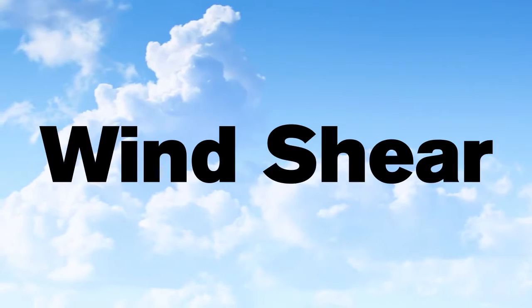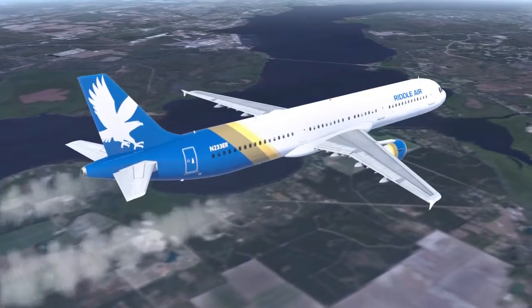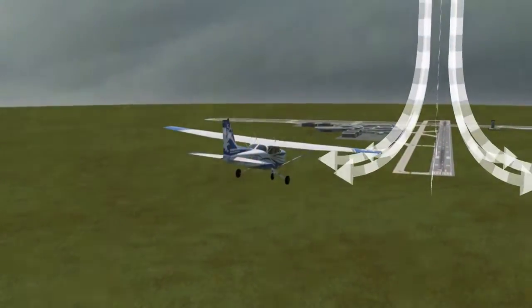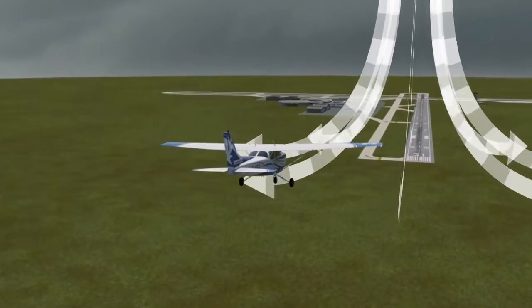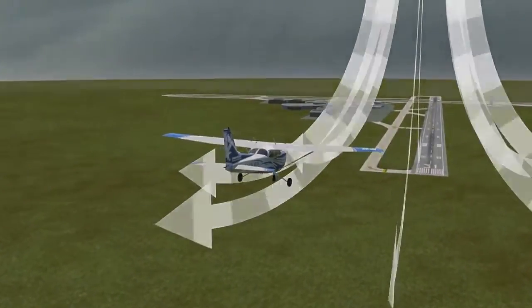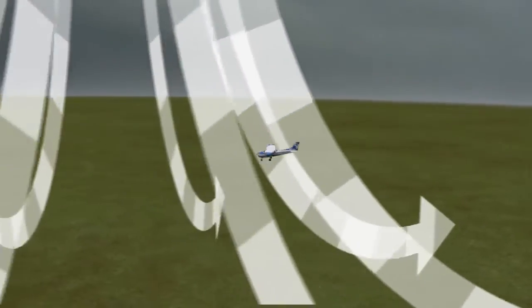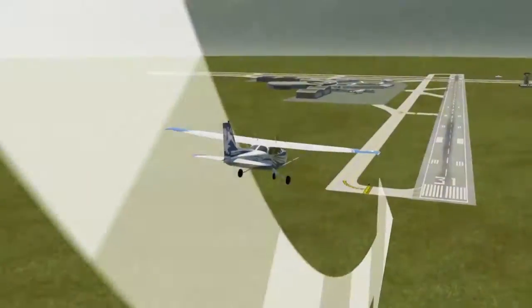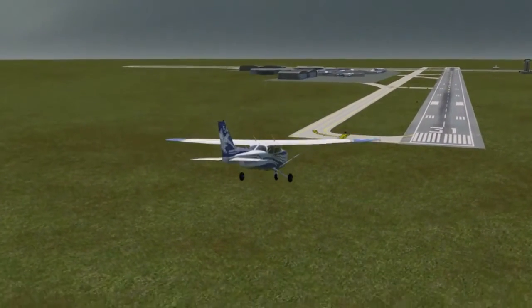Wind shear is any change in wind direction or speed over a short distance. This can cause turbulence in the air and is especially dangerous near the ground. As an airplane is taking off or landing, the sudden change in wind direction or speed can suddenly affect the performance of the airplane. A sudden shift from a headwind to a tailwind can cause an abrupt and dangerous drop in airspeed and could cause the airplane to stall. If there is not enough altitude to recover, the airplane could impact the ground before stall recovery occurs.